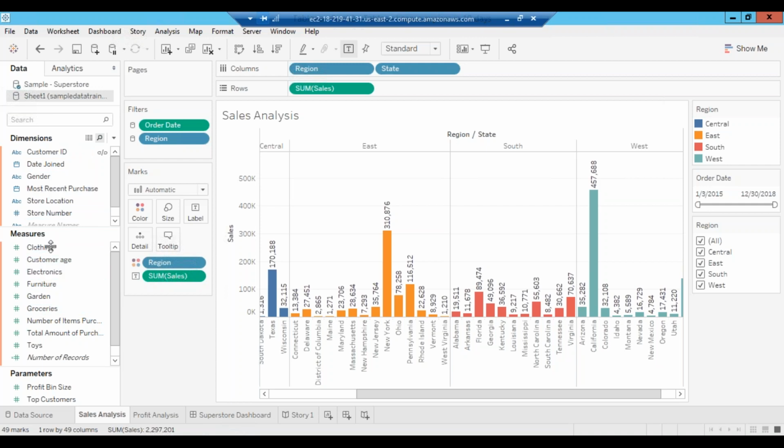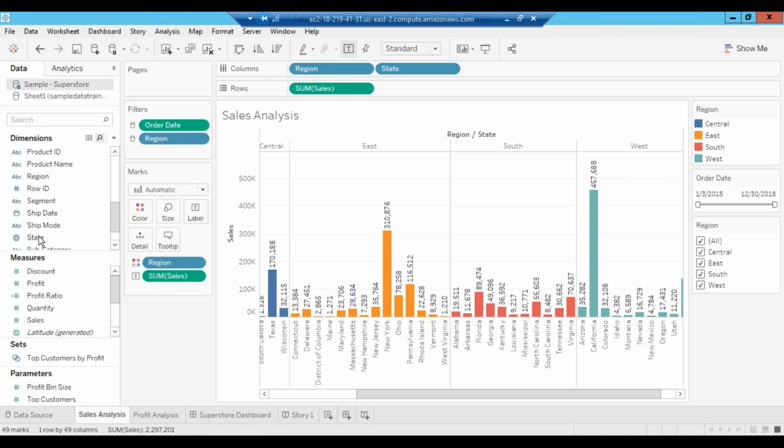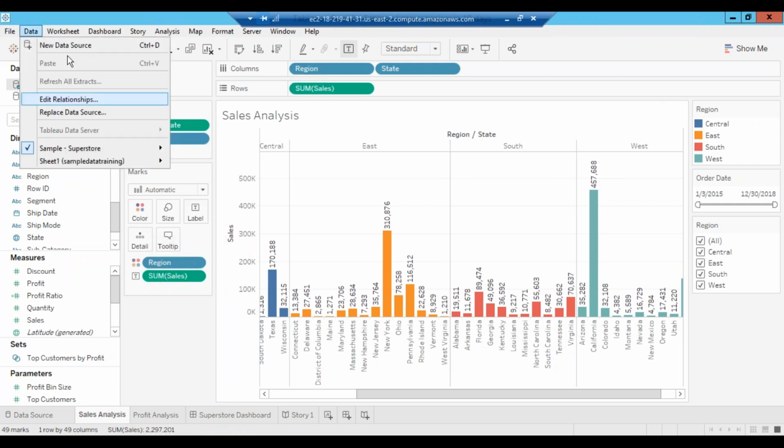This is for the second, so you have to select it. Make sure that you are selecting here. Let me add sales or profit, but here you don't have the profit. What is happening is you have not selected the right data source. So select the right data source to see its columns. You see now its columns are showing up here. This is your primary data source, and this is your secondary data source. Now, if you go to Data, then you have Relationship.